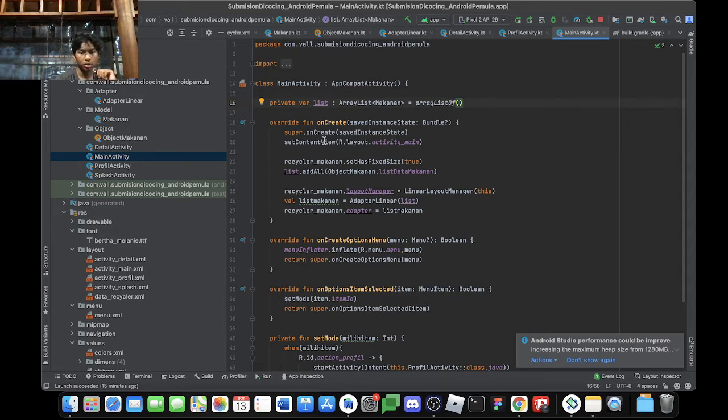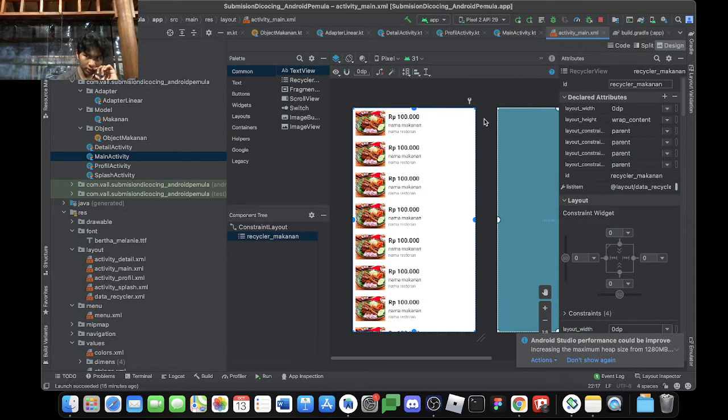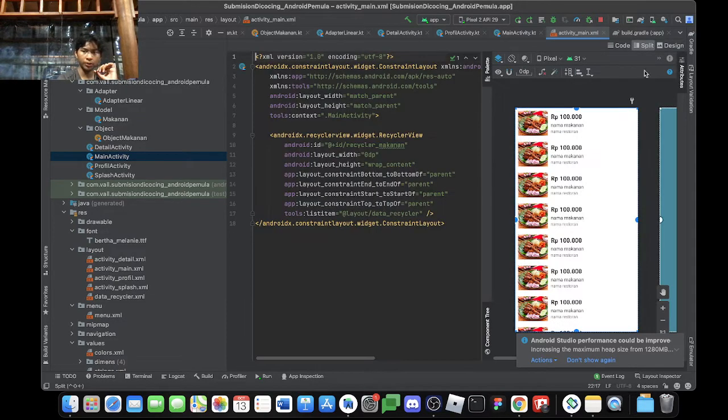Now on override fun on create, recycler underscore food. This is an ID from the XML. Sorry, I forgot this inside of the activity main XML layout.